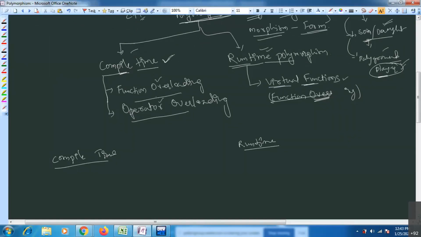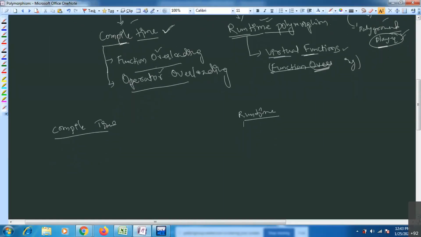This compile time polymorphism, in other words, you can say static binding, or early binding.